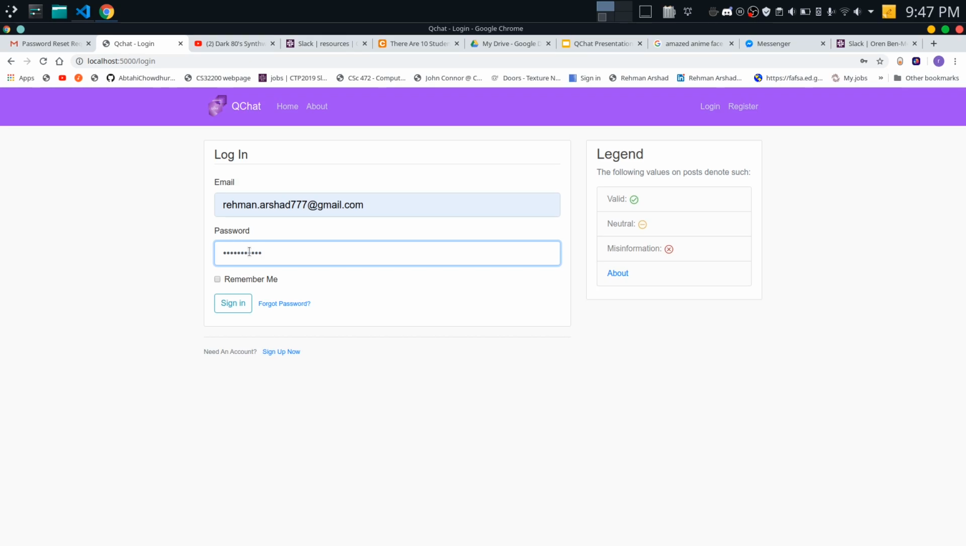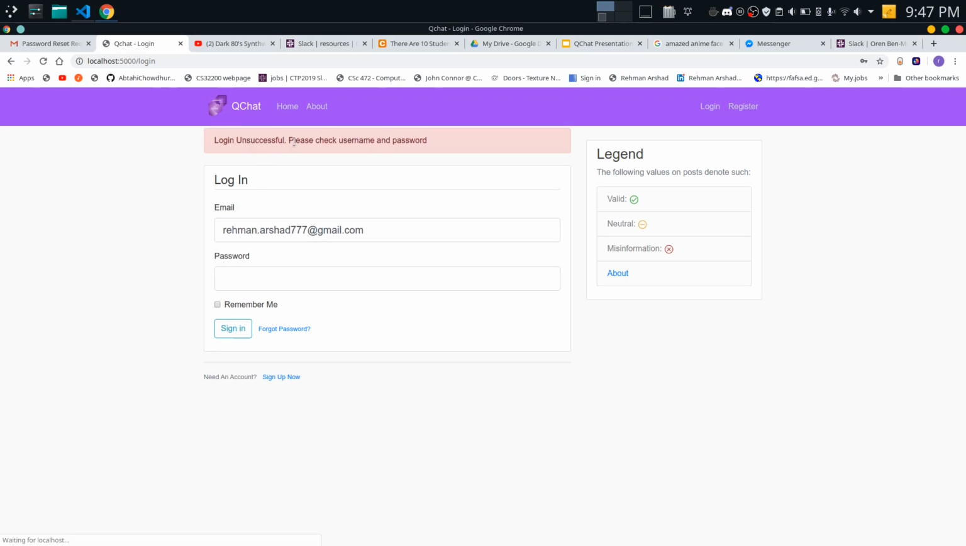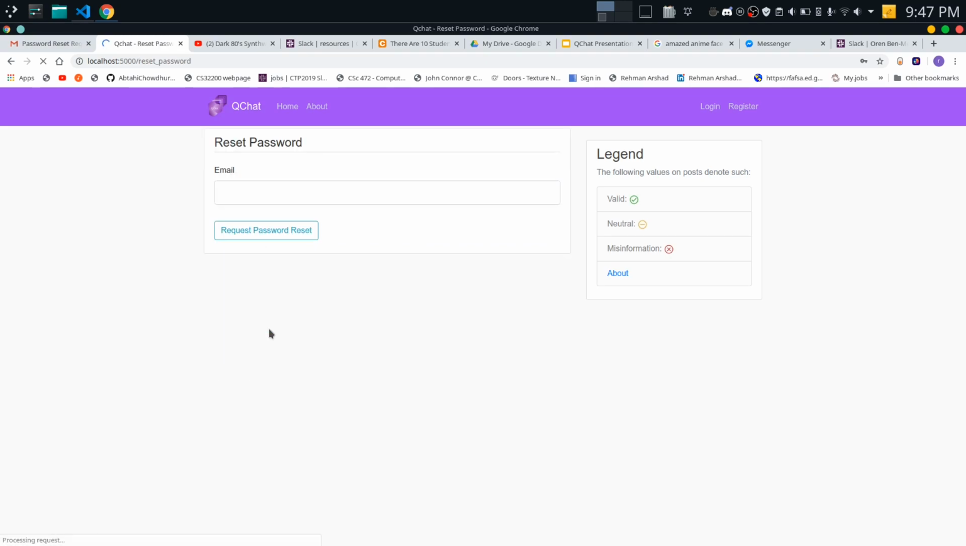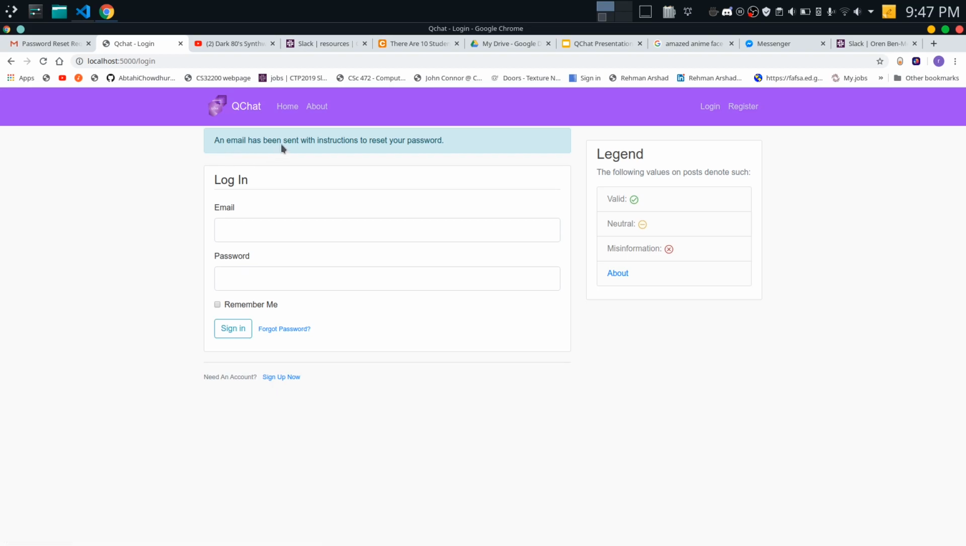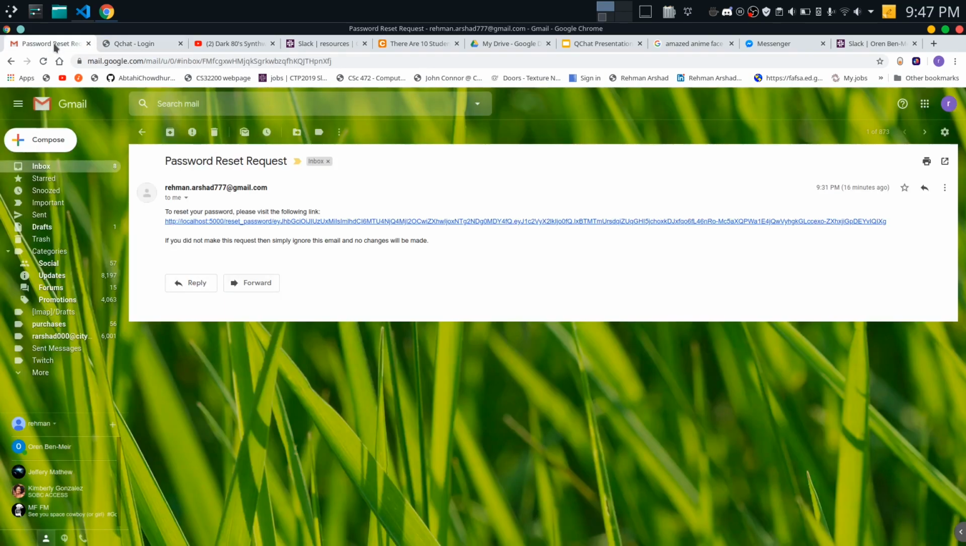But let's say my password were incorrect. I'll get a notification saying that my password is not correct. So now I can reset my password. In order to reset my password, I can hit this button and it will let me know that an email password reset request has been sent. So if I check my email,